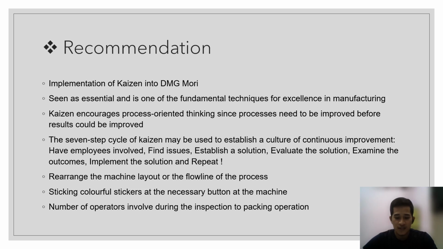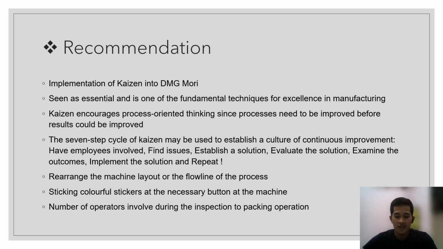Before the products undergo inspection operation, the products that have experienced the milling process may have scrap metals around the product. The company can assign the milling operator to clean the scrap before putting it on the conveyor to make inspection easier and consume less time, since their task is just to set up the automatic milling machine to cut the products to required dimensions. Plus, sticking colorful stickers at the necessary buttons on the machine helps the machine operators to set up the machine correctly and quickly.